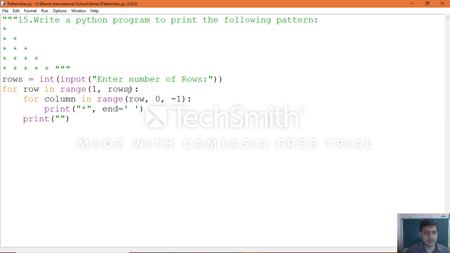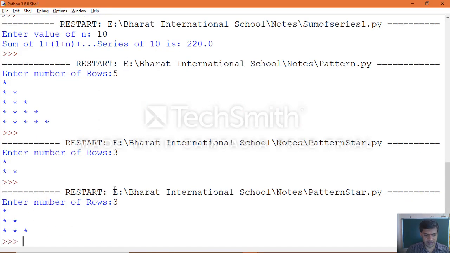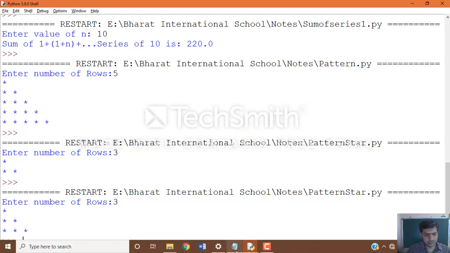If you want to get up to that number, you need to give plus 1 here. Okay, then it will be calculated. Now see, save and execute, click run module. Give the 3, yes, 3. So that depends on logic, the range function, the way you understood it and how you can make use of that function.